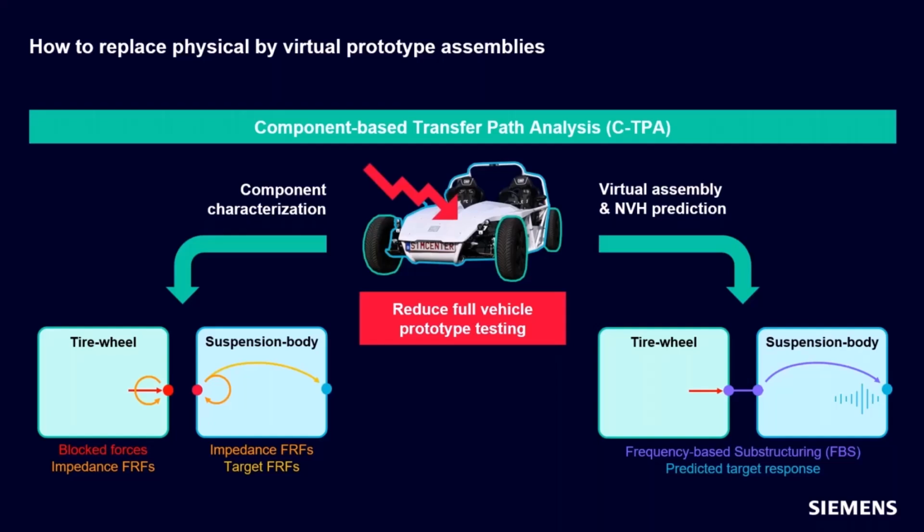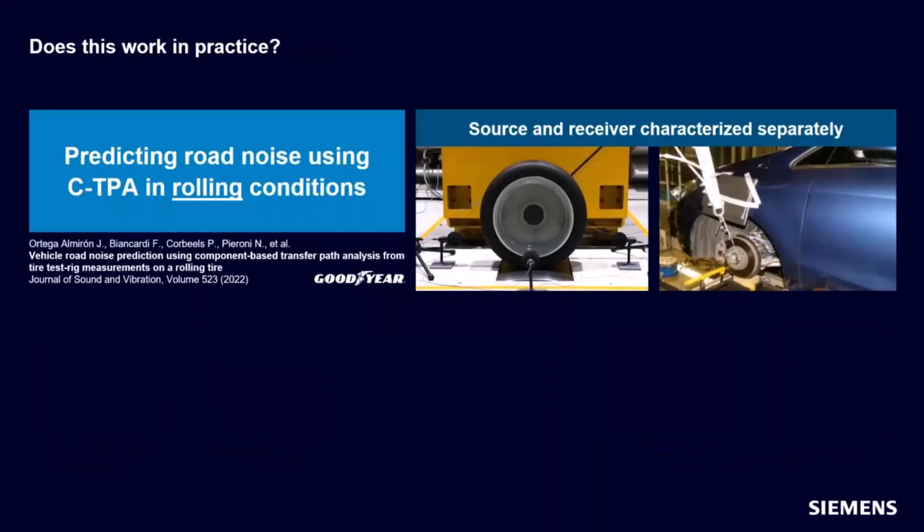We'd love to be able to use simulation data way up front for our body and our suspension. Maybe we're going to use a carryover tire and wheel, but we have a completely new body. We've never built any of it. It doesn't exist in the real world yet. We can analyze that or predict what those FRFs would be using simulation tools and then virtually assemble those two components. One of the questions people often ask is, does this work? Well, this is a little bite-sized piece of this study done by Goodyear.